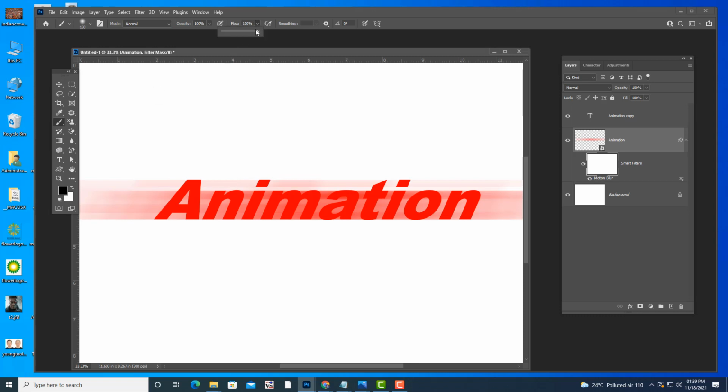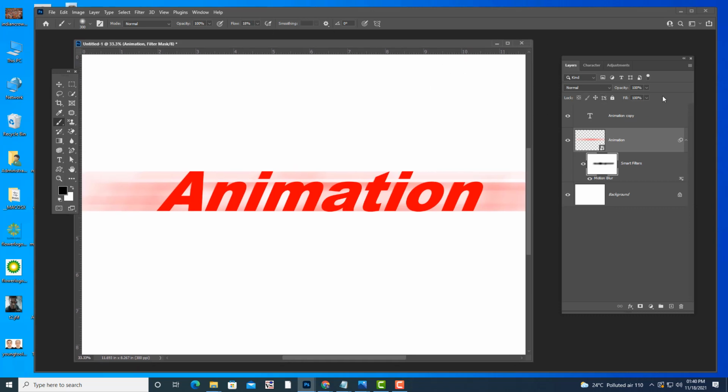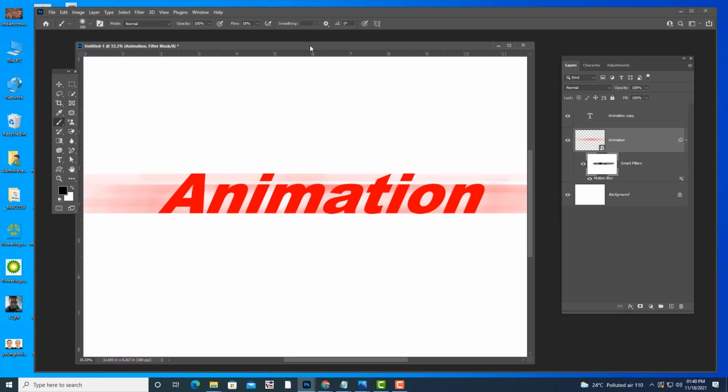If you want, you can reduce the flow amount like this, and I can remove it from some places like that. So this is how we can apply filters to text.